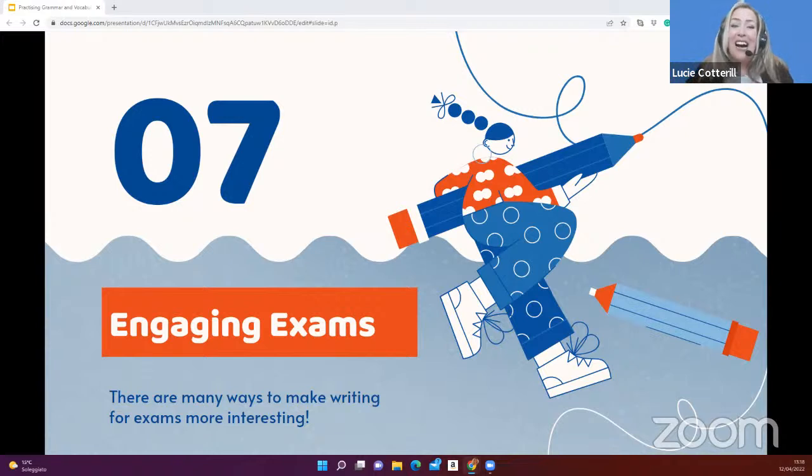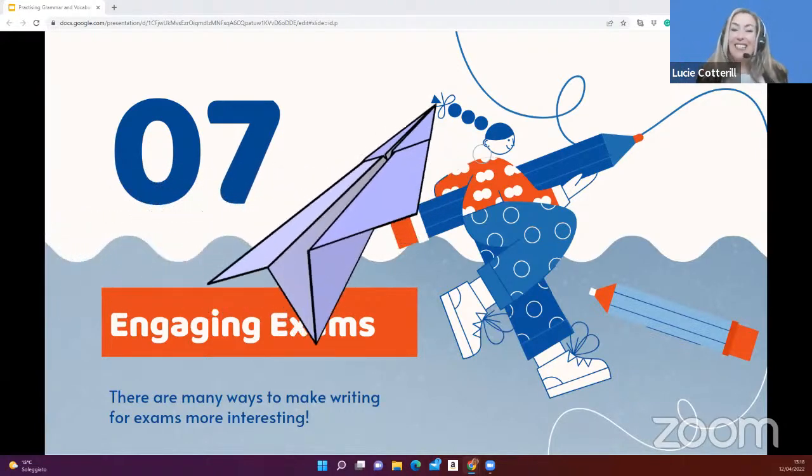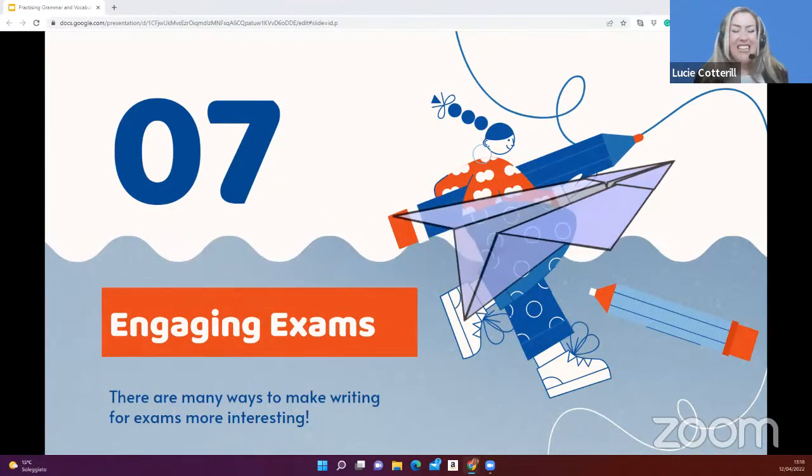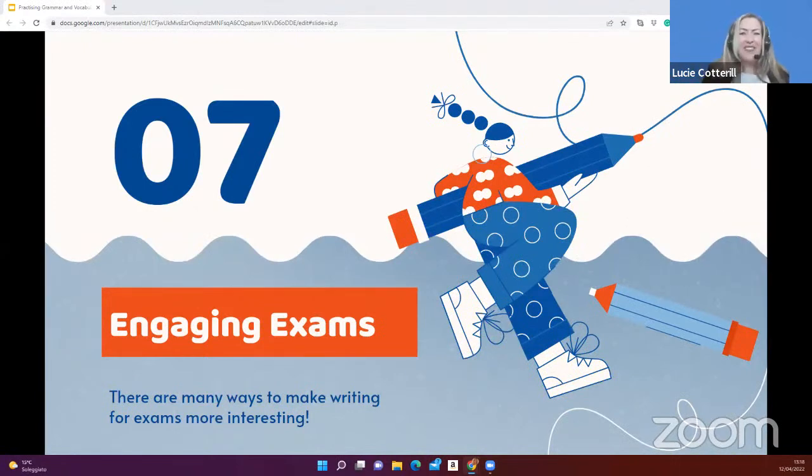So, for example, if the students are preparing for a lower level exam, for example the Cambridge Key English test, where they have to write a short note to a friend, you can give them the exam task, ask them to write it on a piece of paper, which they then make into a paper plane, and they send it to someone else in the class who has to reply to it and fly it back to them. Now, for some reason, just having that paper plane element makes it a lot more motivating for them.